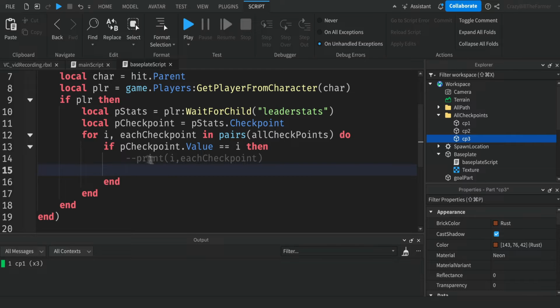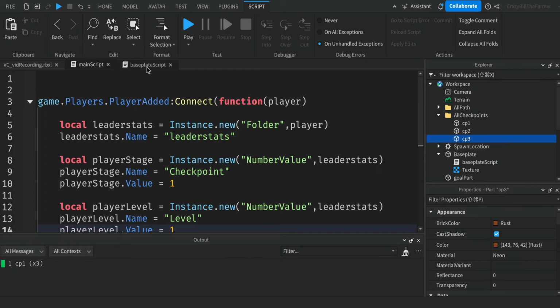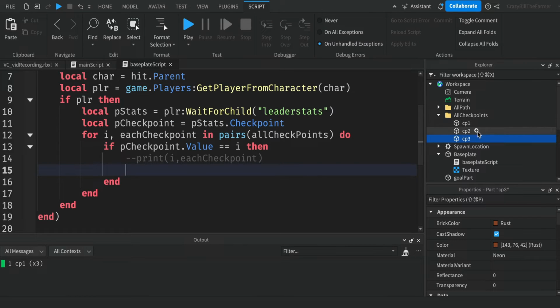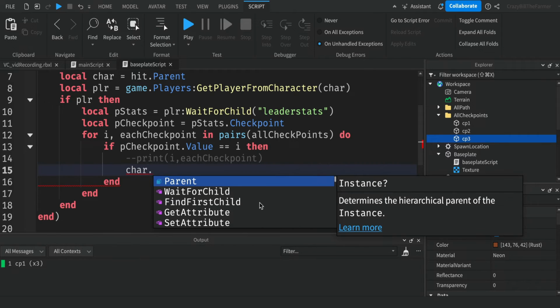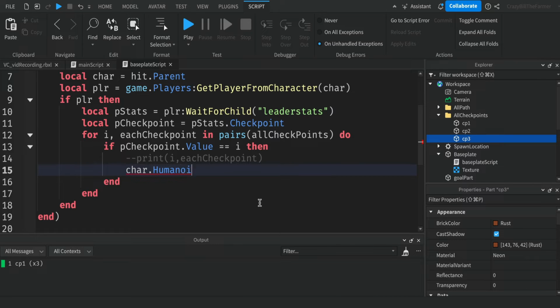But what it basically means is when their value over here in the main script hits this one, we're going to make use of CP1, 2 or 3 to move the player to that part. And we do that by saying character.humanoid root part dot position equals, now it'll be whichever. If this is 1, then this will be CP1. If this is 2, this will be CP2. So for that reason, we can say each checkpoint, so whatever the current one is, position,